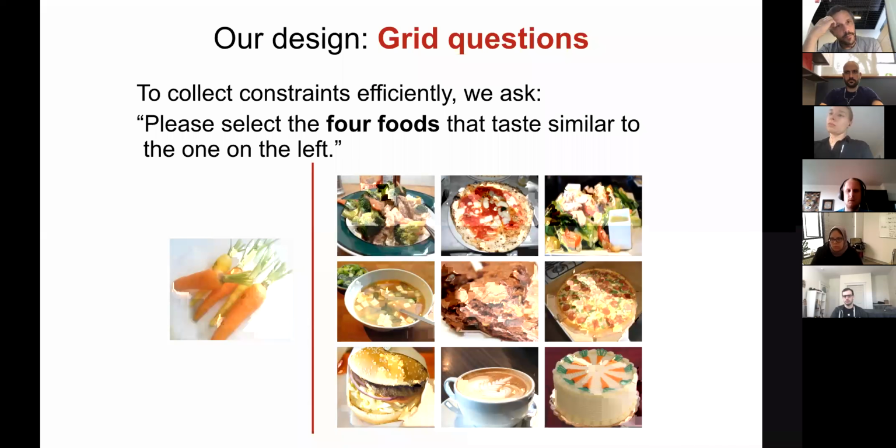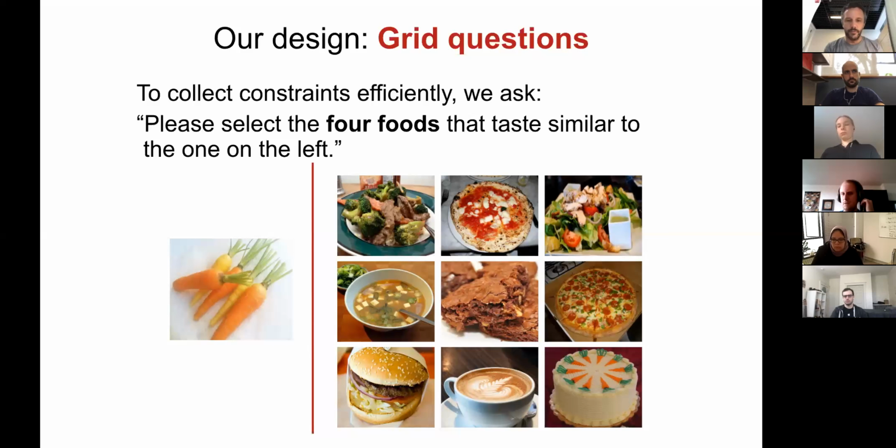That said, if you're dealing with triplets, then you're running into a potential cubic complexity problem, which would end up being very boring in its own way for the observers. In its most brute force form, if you just presented all possible triplets from a corpus, A, B, and C, and the human observer had to go through all of these and indicate which two were most similar, it's really repetitive.